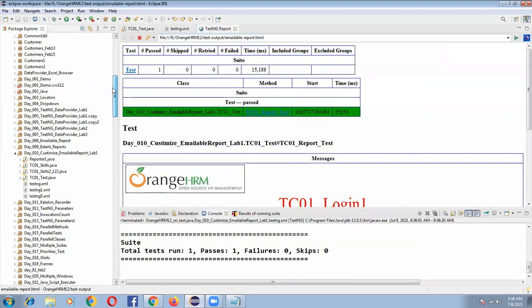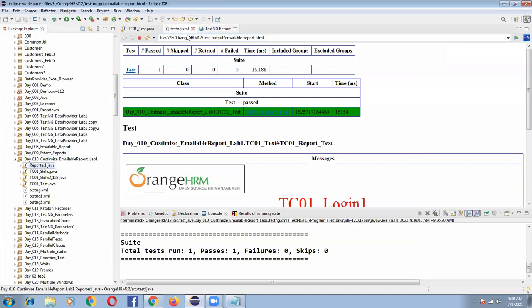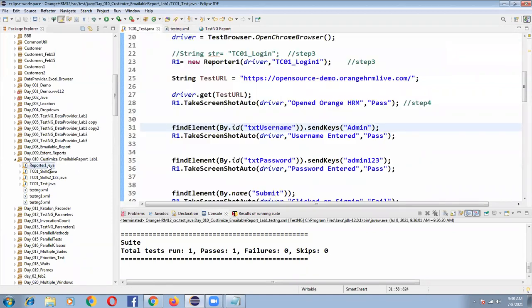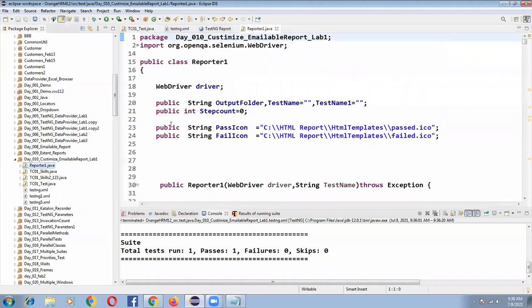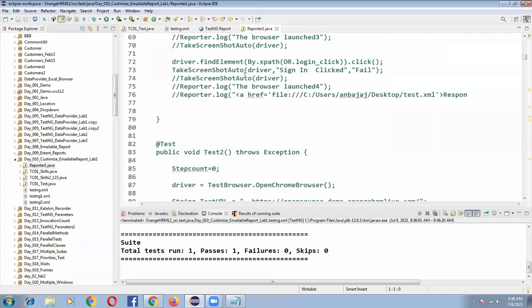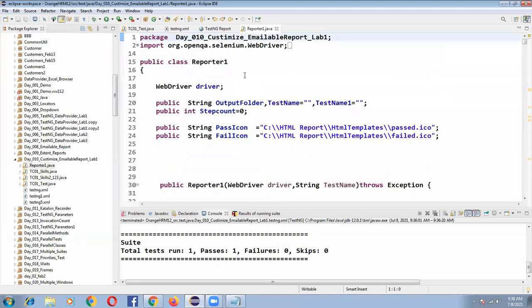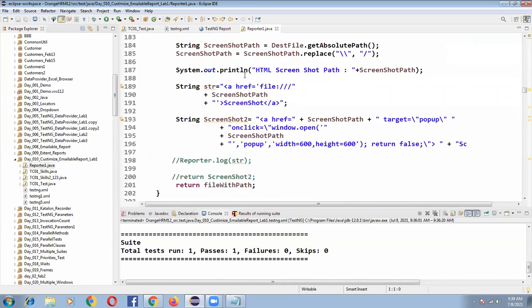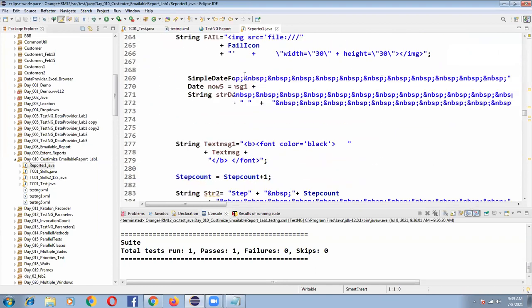Generally, this Reporter1 class, nobody will tell you outside anywhere in the institutes. This part we are learning only in our institute. Nobody will give you this real-time code or the supporting Java class files. This Reporter1.java class has been developed by myself. Generally, this Reporter1.java class file will be developed by someone with at least 10 to 12 years of experience. Only those people will prepare it. So no need to bother about developing it, because you are in the learning stage, and to get this knowledge it will take a long time.